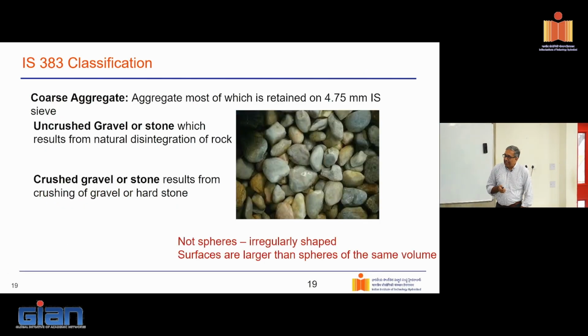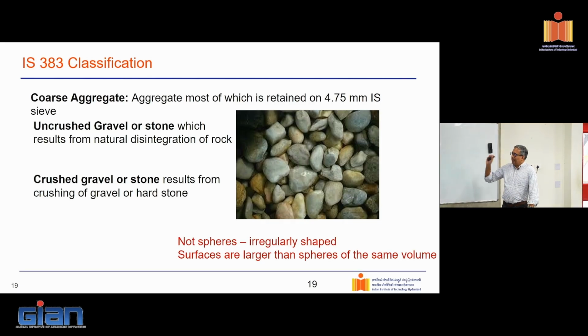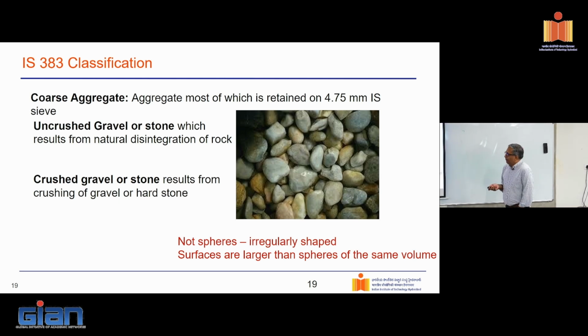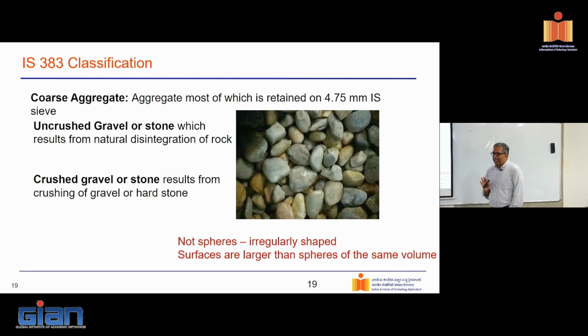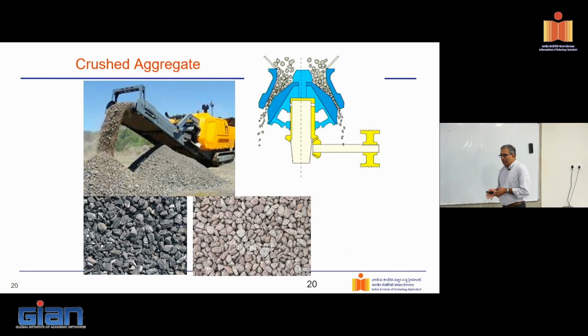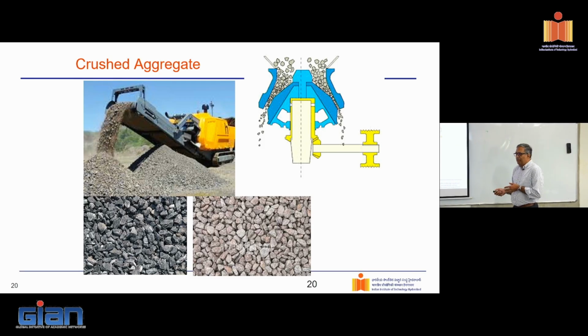And of course, the aggregate that we are typically dealing with is classified in IS 383, which is the parent code for aggregate. Here we break them up into two sizes. The coarse aggregate, which are the larger aggregate, are either crushed stone or gravel, or uncrushed stone or gravel. The uncrushed stone, the nice smooth stones, have now disappeared. Most of our aggregate is coming from crushing, which is a very violent operation. And basically what we end up with is something which has a very irregular shape and rougher surfaces, and this is what we have to deal with.